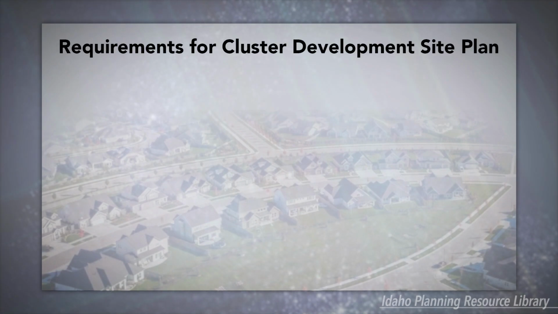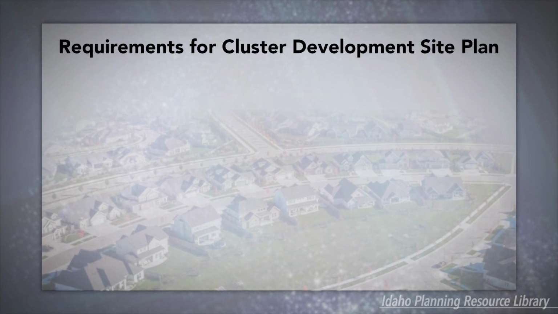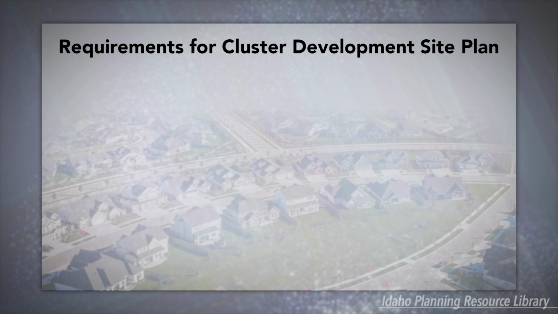allowances for cluster development should be provided for in the zoning code and applied through the subdivision process with review and approval by the Planning and Zoning Commission and elected officials. Critical to the review of a cluster development proposal is the provision of a site plan, as described earlier. The site plan for a residential cluster development shall include, but shall not be limited to, the following information: the